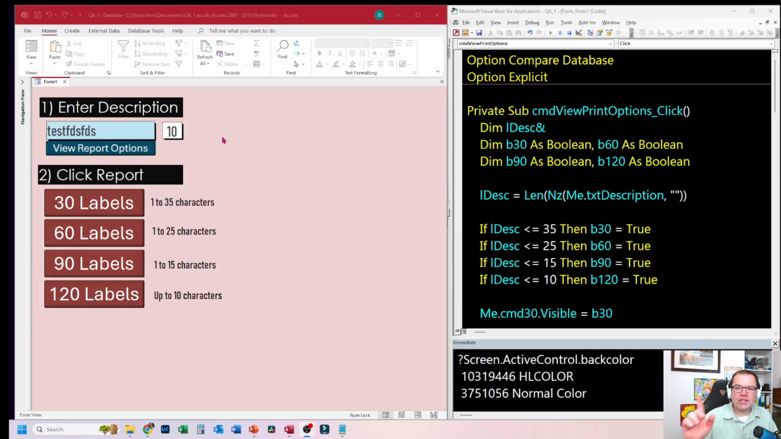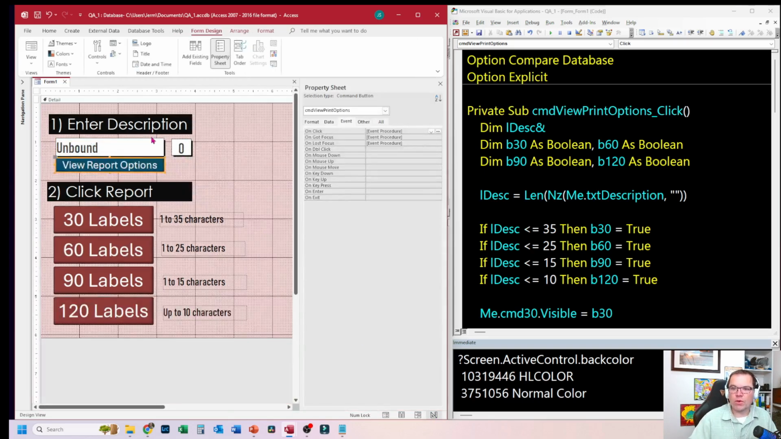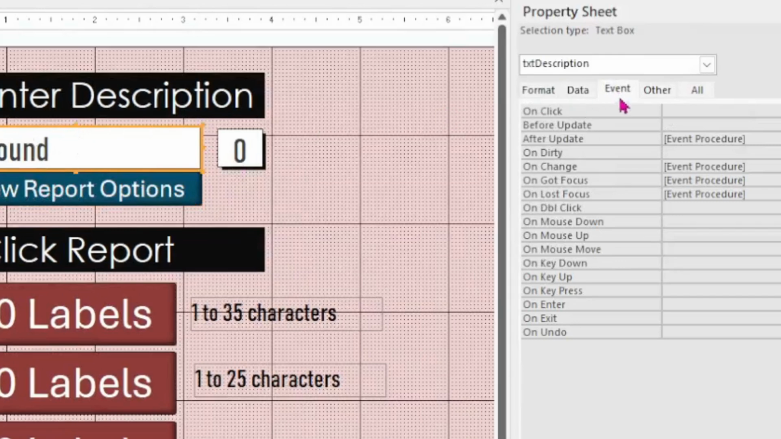So we need to analyze the behavior of this form. When I click View Report Options, I want these to appear. However, when I get back into this text box, I want those to disappear again until the user has typed in their things and hit View Report Options again. So how do I do that? So what I'm going to do is tie that to the